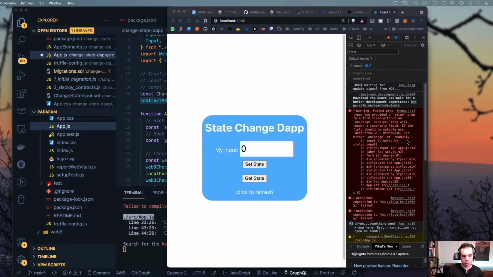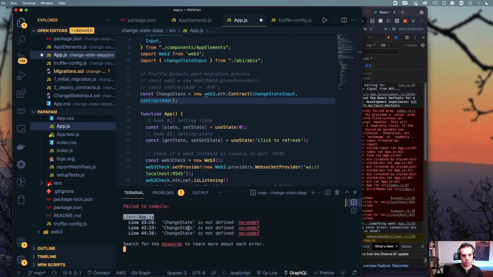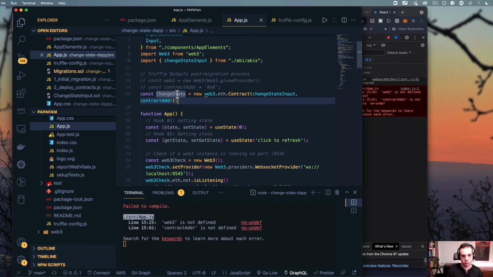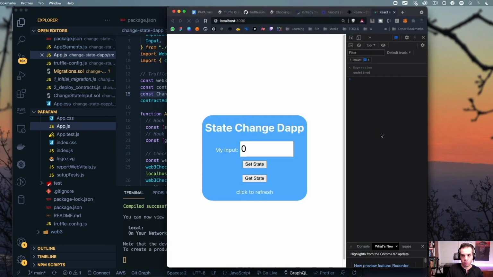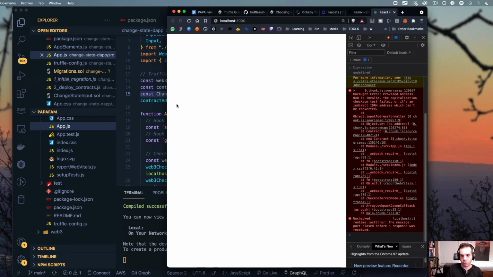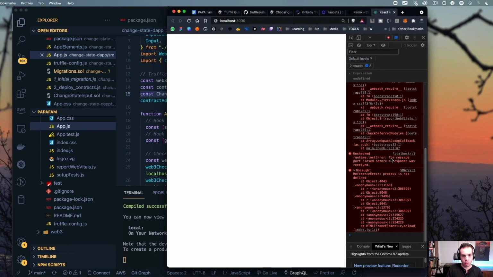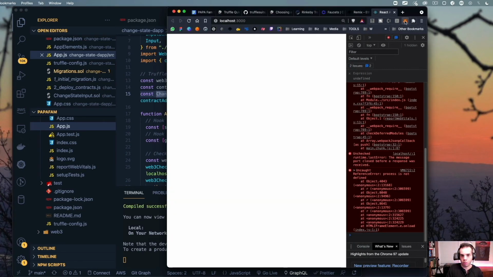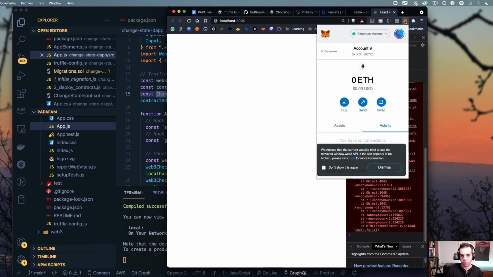So yeah, I mean, it just won't compile because it needs these things, and then it also needs the other things as well. So we're going to definitely need those and then it'll be able to run. However, it's not going to like the address there, so I'm actually going to just put in a sample address.